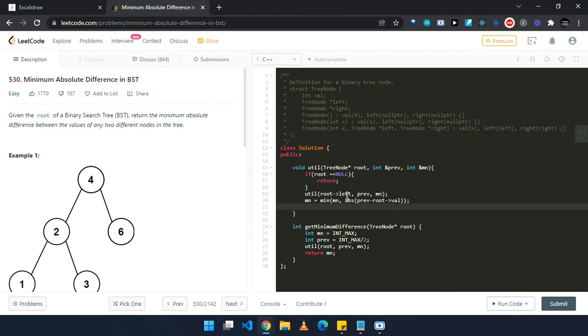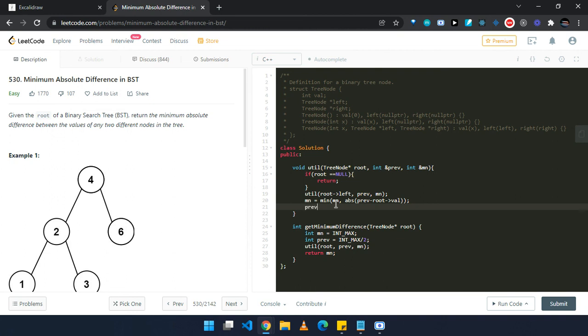And now we are done with the current node, we need to visit the right hand side. So in order to visit the right hand side, we need to change the value stored in previous so that it has our current node's value. So that when we go to the right hand side in order traversal, we have this node's value, the element just earlier to that node in order traversal.